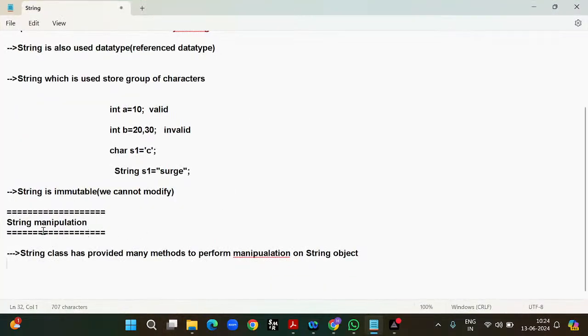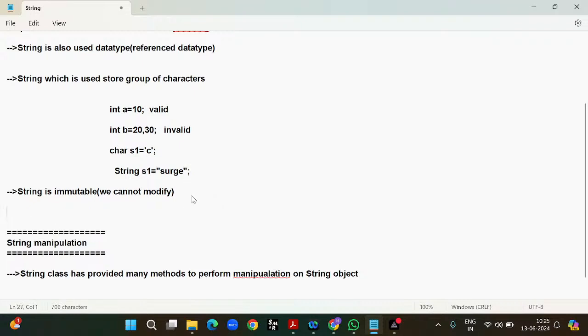So for string manipulation, we can create a string in two ways. One is the literal approach, and the second one is the